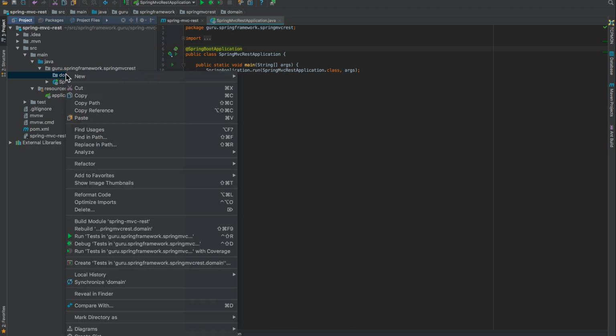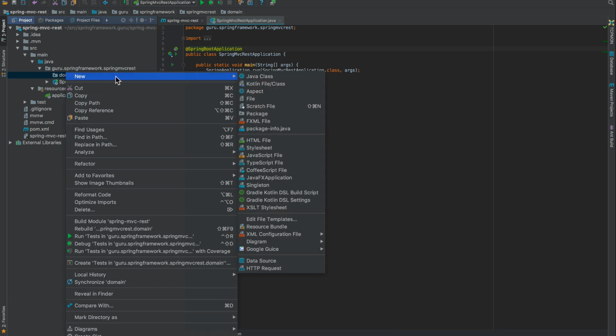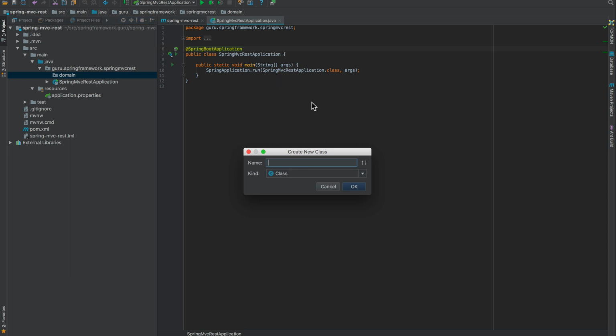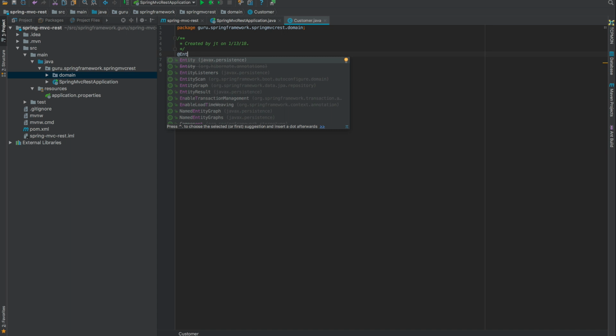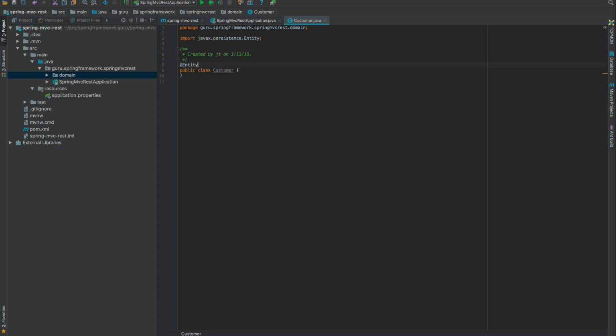And let's come in here and we'll just do a customer object. So nothing too fancy. I'm going to create a new Java class called Customer. Now to make this a JPA class, we're bringing in an Entity out of the javax.persistence. And let's give it an ID value. Do a first name, and